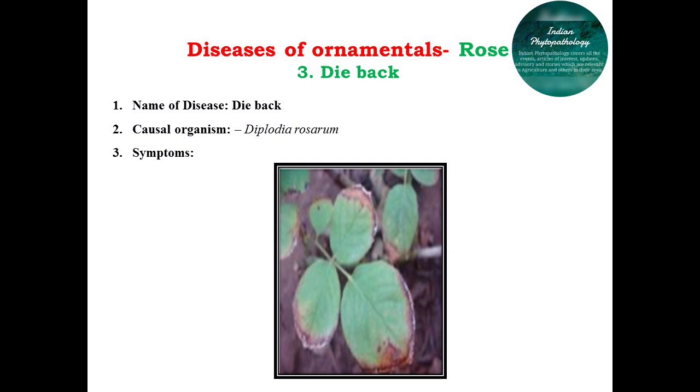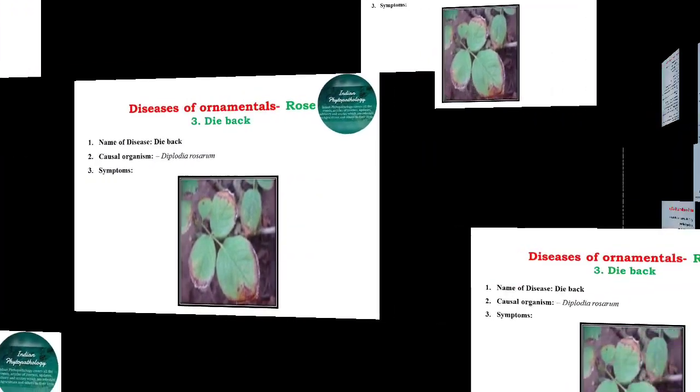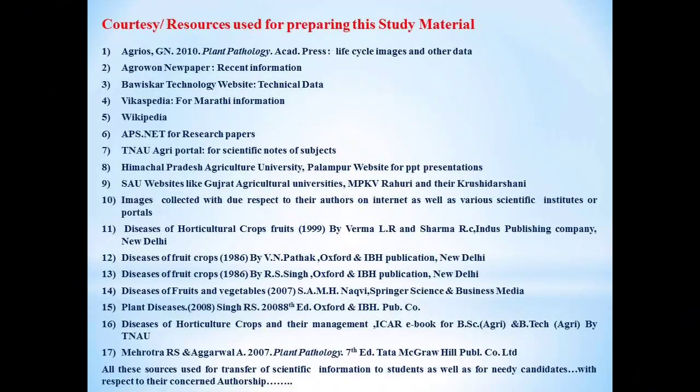So for management of this disease, proper care should be taken at the time of pruning. All pruning implements should be sterilized while using. Then diseased twigs should be carefully removed and destroyed outside the field. After pruning, all the cut ends should be protected with Bordeaux paste or Chaubattia paste. Then spraying with difolatan, mancozeb, chlorothalonil at the rate of 0.2% is quite effective for controlling this disease. Similarly, there are some recommended resistant varieties like Blue Moon, Red Gold, Summer Queen. These are some resistant varieties that we can grow to avoid the attack of this disease.